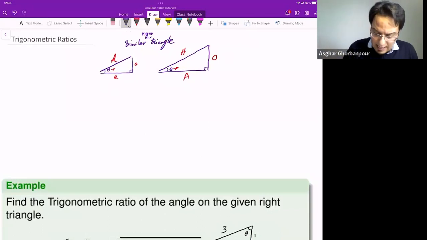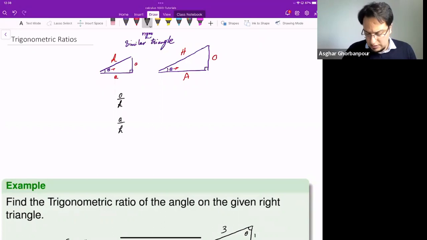For example, opposite over hypotenuse, or adjacent over hypotenuse, or opposite over adjacent,